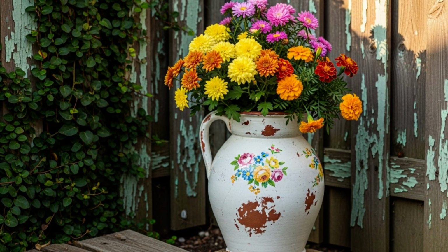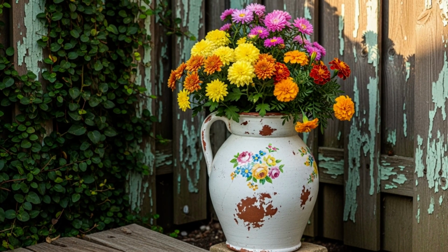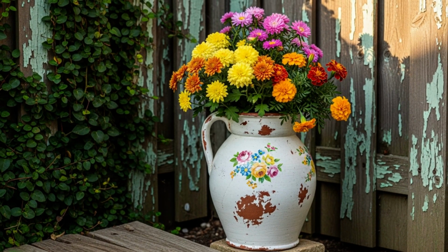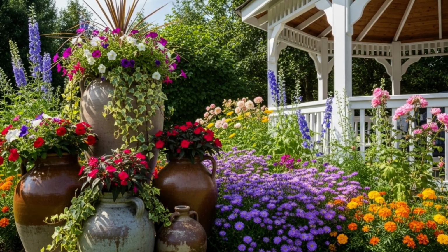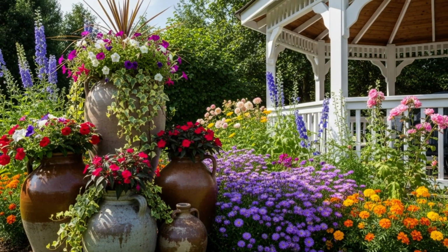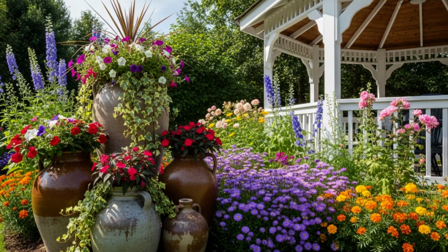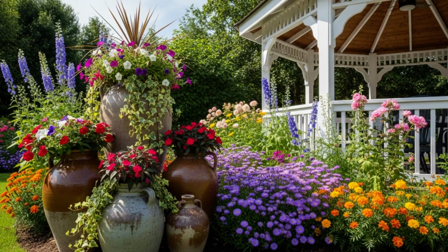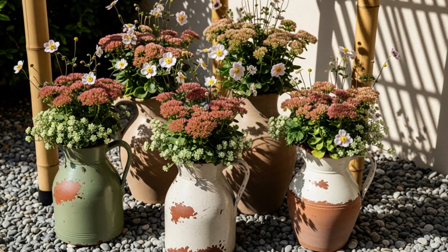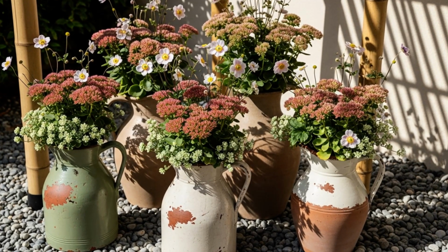In a tiny patio, a cluster of jugs creates a corner oasis. Pebbles scatter at their base, sedum autumn joy rises in textured clusters, and Japanese anemones sway above, softening the lines with elegance. The corner that once felt empty now becomes a focal point, a place where the eye rests and